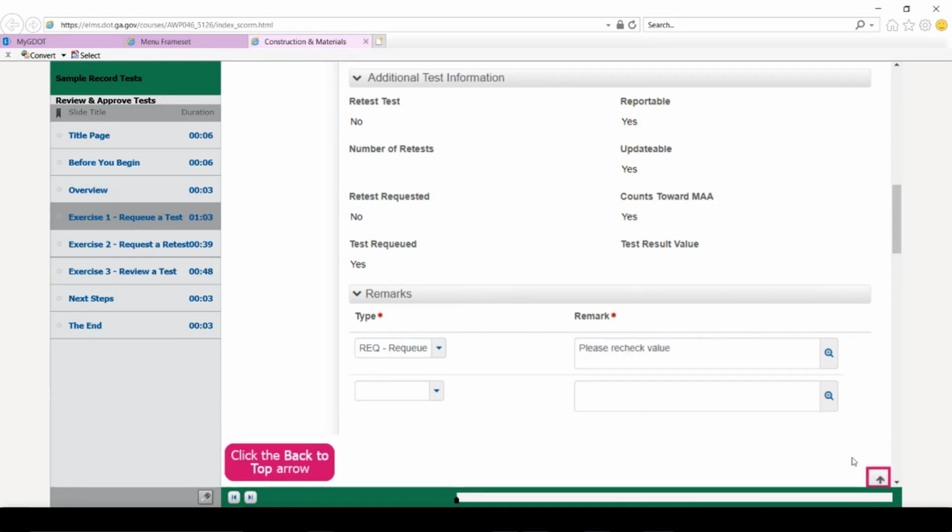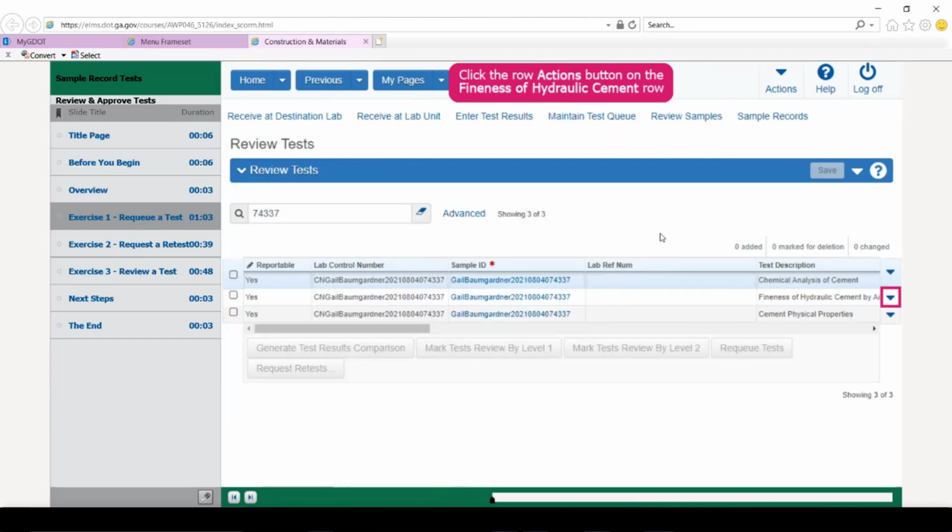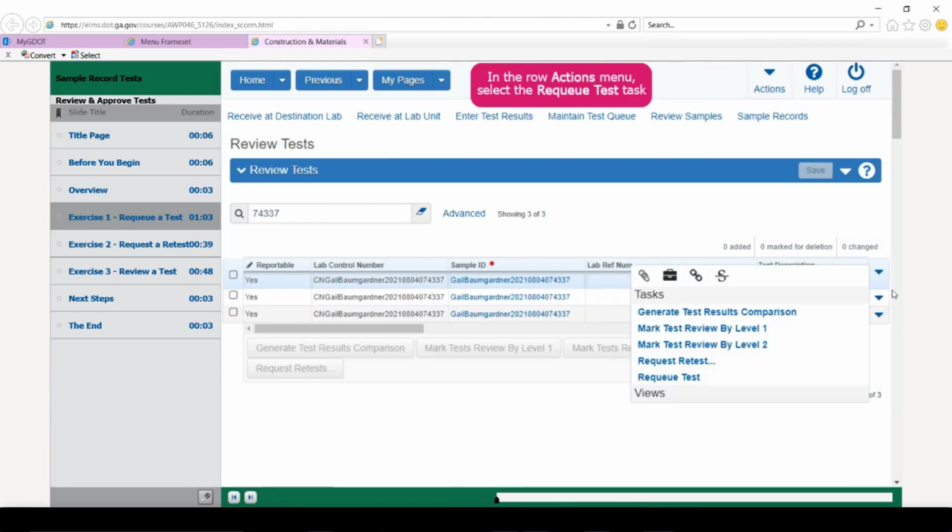Clicking next, go back to the top. It tells me that there are unsaved changes. Clicking on the save button will save that. Now, once I've saved this item to the test record summary, I can go to review test, and I can look at the actions menu again for the fineness of hydraulic cement.